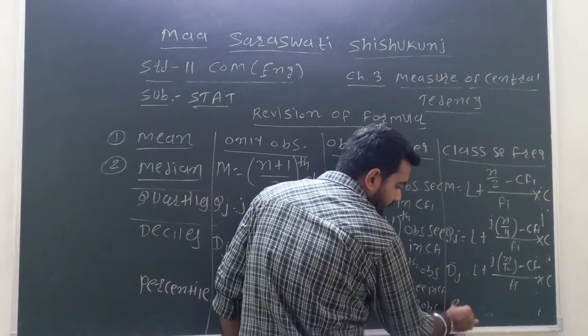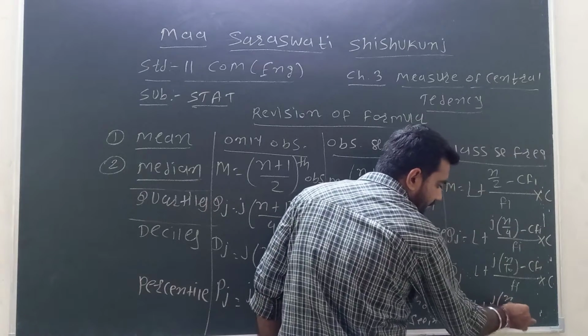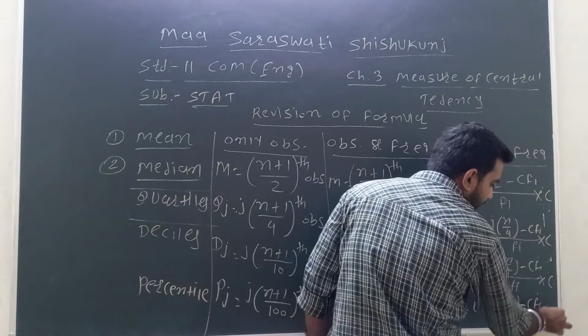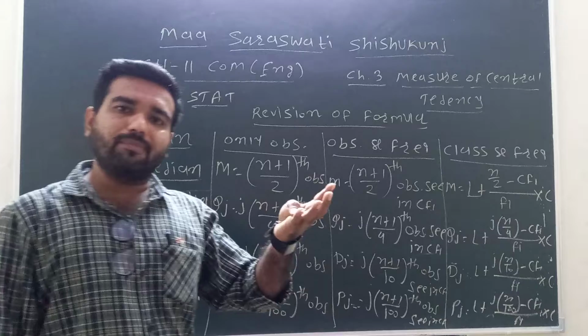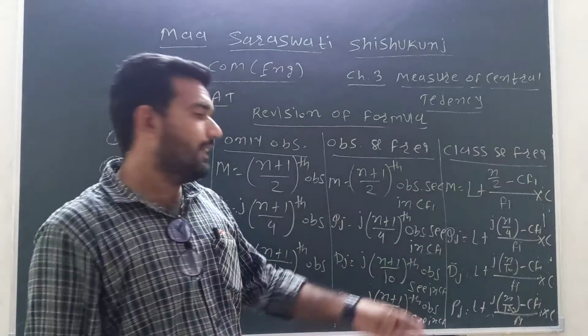And Pj is equal to L plus [j in bracket n by 100 minus CFi] upon fi, multiplied by C. CFi means upper class cumulative frequency, fi is the same class frequency, C means class length, L means